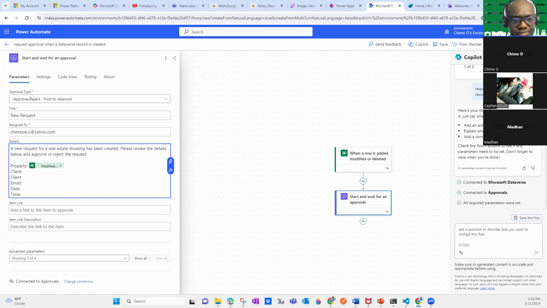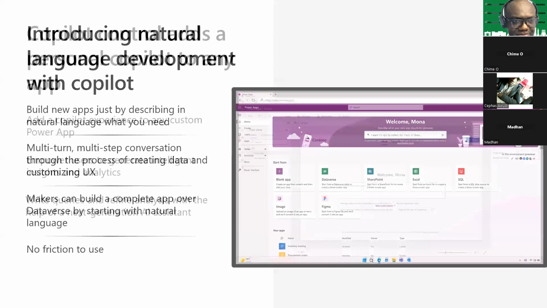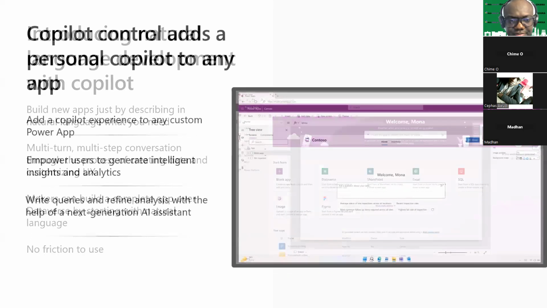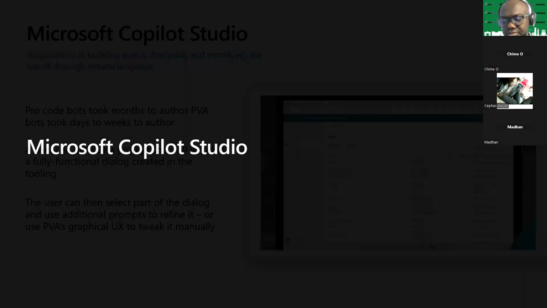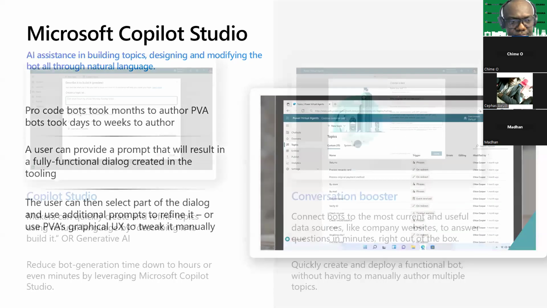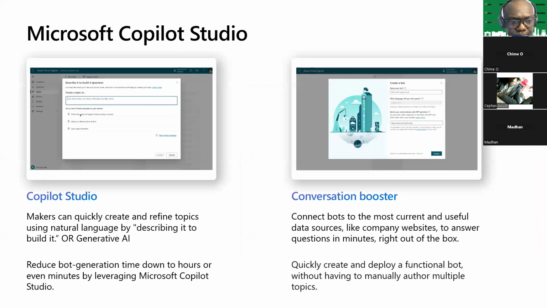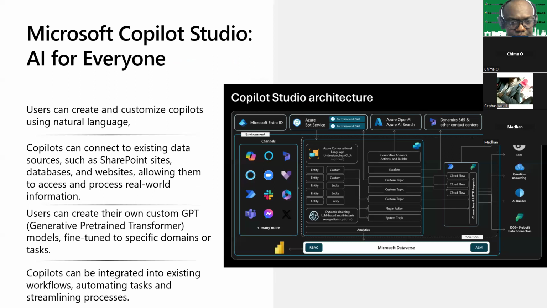All right, I'm just looking at the time, guys. That's Power Automate. We've seen how we can transform natural language. But another good one for us to finalize with is Copilot Studio. I mentioned this before. It's AI assistance. You can create your own chatbots. So it's your AI for everyone. Microsoft has made it possible that users can go in and create their own customized Copilots just using natural language.